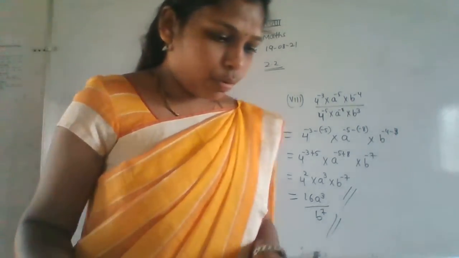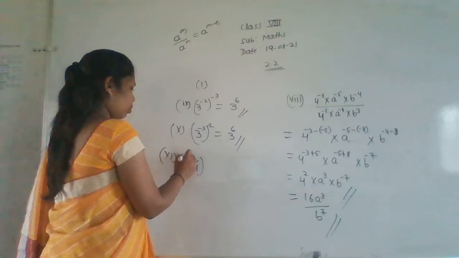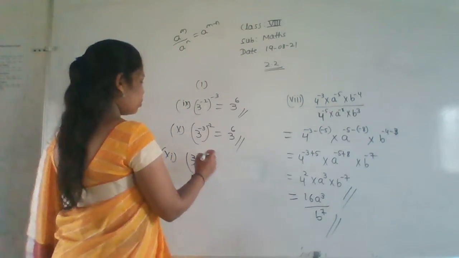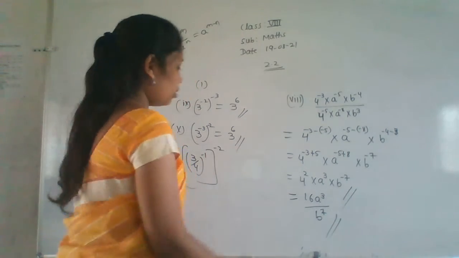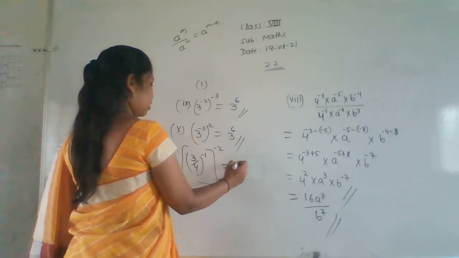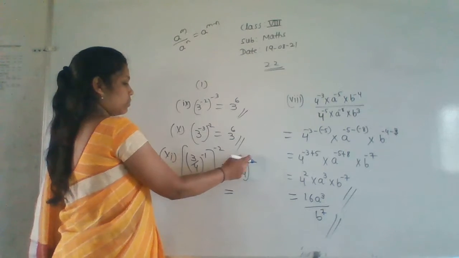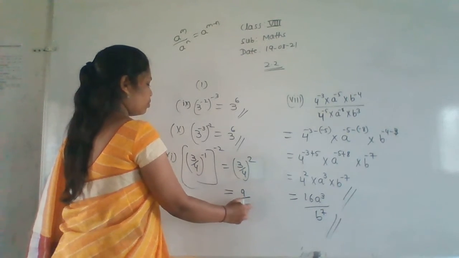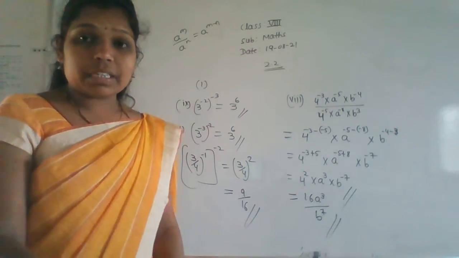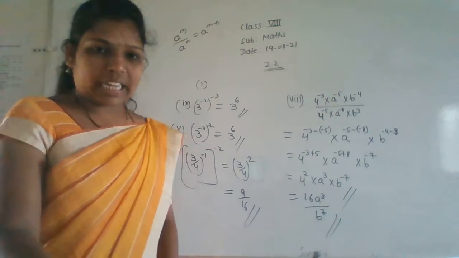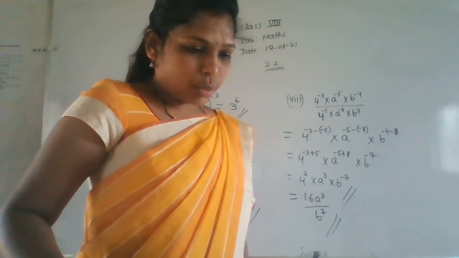Okay. So next go for the 3 by 4 whole to the power minus 1 and next one is a minus 2. This is nothing but minus into minus plus, 3 by 4 whole to the power 2. Right? So you can find this value. 3 3s are 9 and 4 4s are 16. Okay? If the powers are 2 or 3, then we can multiply and write. But more than 3, it's very difficult. So just keep it as a power only. Okay? So next 12th one.